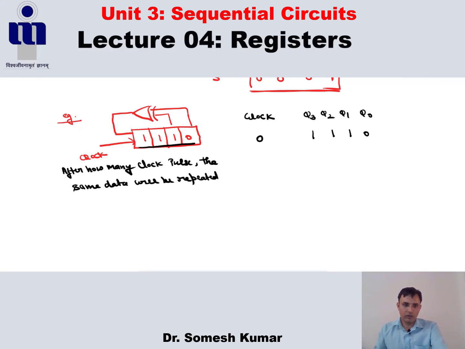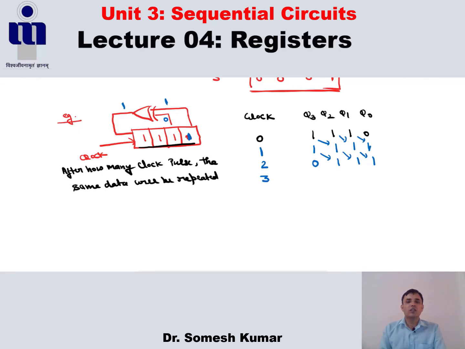What happens if the first clock is applied here? Initially the last two bits are 1 and 0. What is the XOR of 1 and 0? The output is 1 here. So this output is propagated to Q3, and this 0 comes here, this 1 comes here, again this 1 comes here. Now the XOR of 1 and 1 is 0, so 0 comes. This 1 is propagated to this, and 1 comes here after 2 clocks.